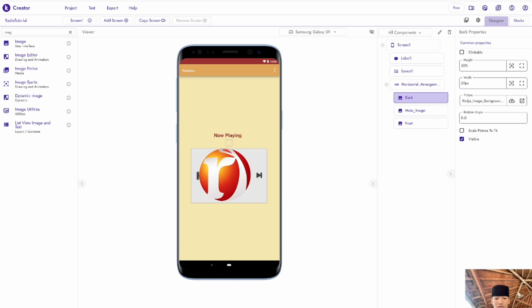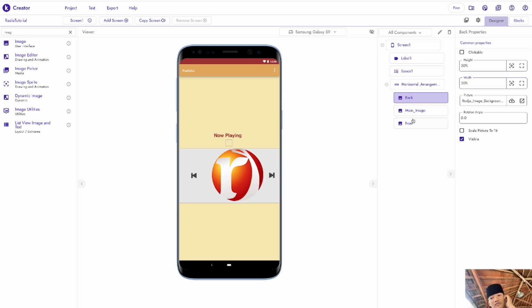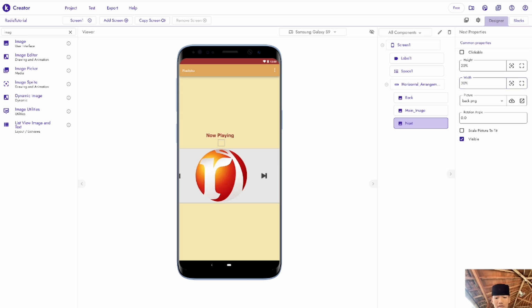Or weight 20 pixel, 50 pixel, 30 pixel. And next, height will be 20%. Width will be 30 pixel. We have some problem with the weight, so we're going to change it first.